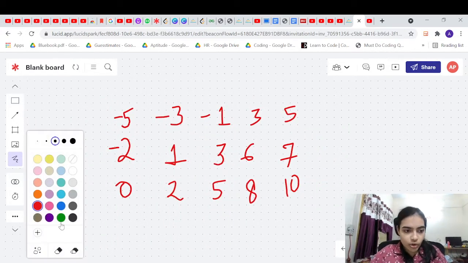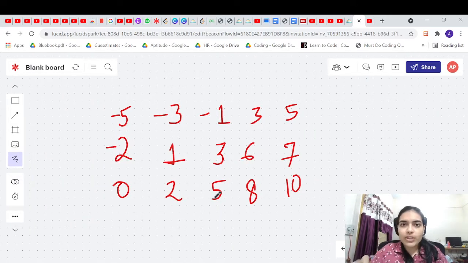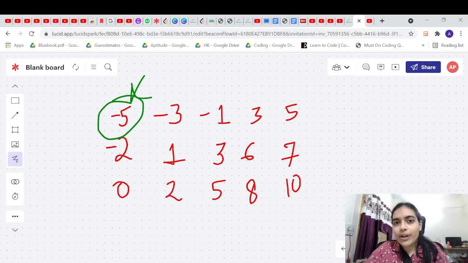We know everything is in sorted order, right? So we have to start killing soldiers. Which is the safest place to start killing soldiers? If you start killing soldiers from the first, you will lose 5 of your soldiers. You can have negative values in the beginning, right? Because you have the smallest values from the beginning. So it is not safe to start from here.